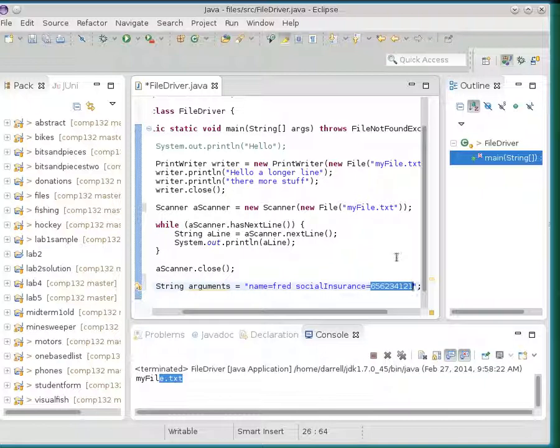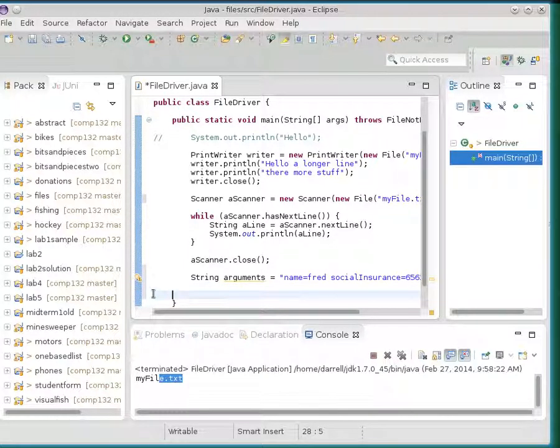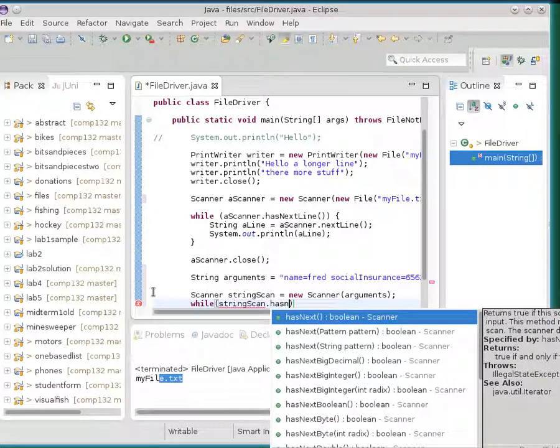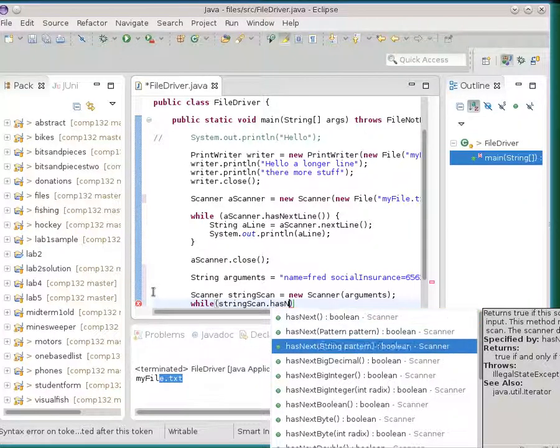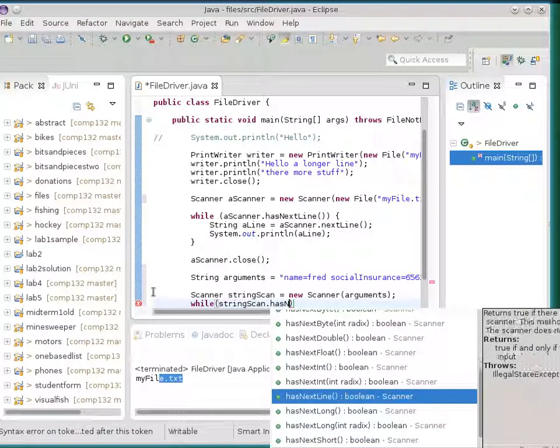What you can do in that case is make a new scanner object and dump the string into it, like that, and then we could do while string scan dot hasNext. What should we use? Line would give us the whole line, but it's all on one